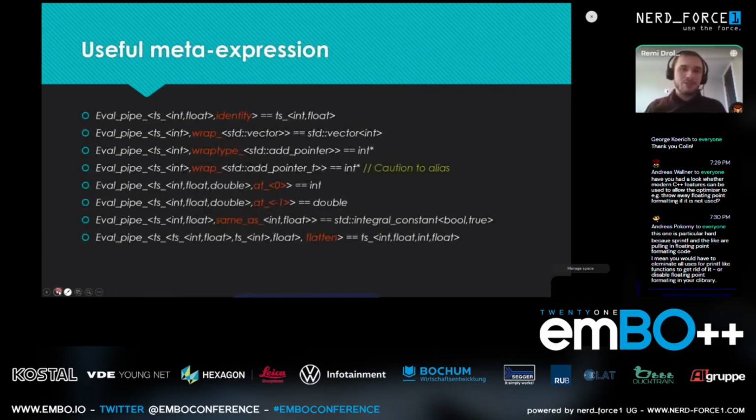Okay, so now I will describe some useful meta functions that are not just some corner case of what I wanted to write. So basically, identity would receive something and output it. It's identity. It doesn't do much on its own. It will output it in the TS, just to be clear. Wrap, we already talked about it. It will just take an int and wrap it into a std vector. This will output a std vector of int. I didn't show the std allocator of int.